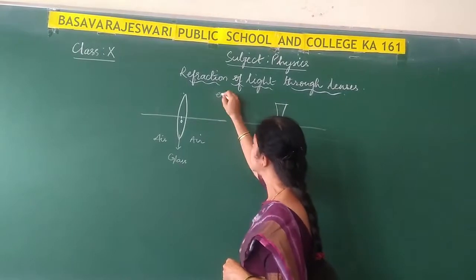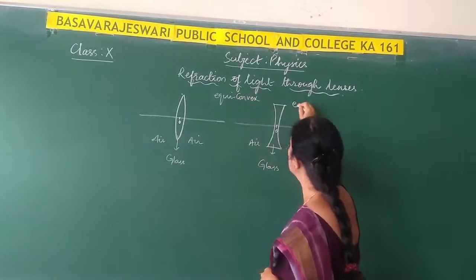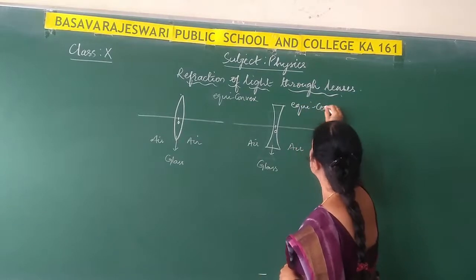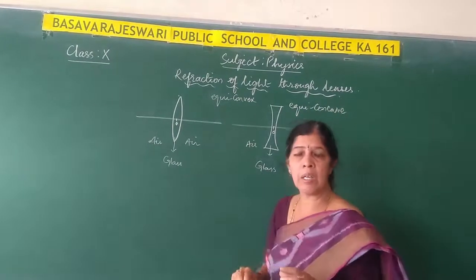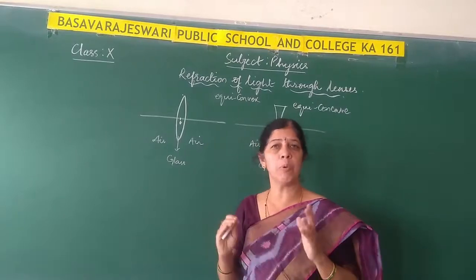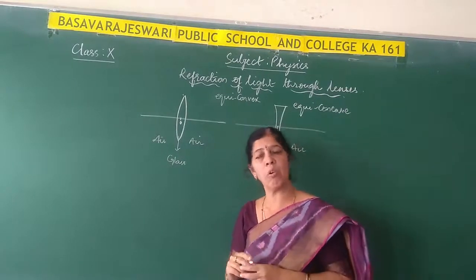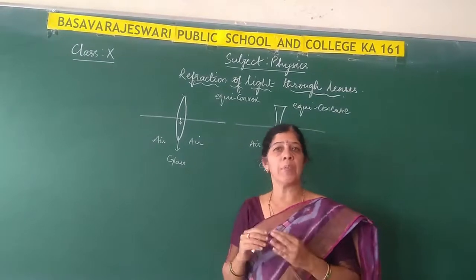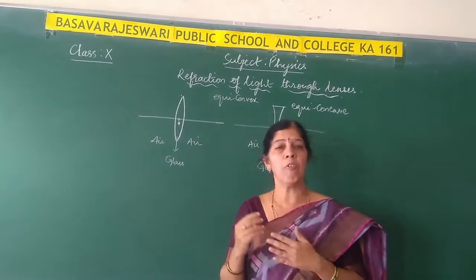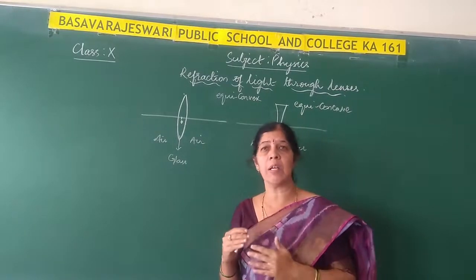Now equiconvex and equiconcave. What do you mean by that? By this we mean the radius of curvature of both the surfaces will be same. Now in the previous session I have told you what is radius of curvature. Radius of curvature is the radius of the imagined sphere of which the refracting surfaces or curved surfaces are a